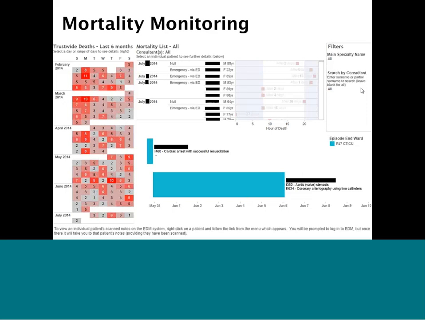And we even have the odd day where nobody dies. But this allows my deputy medical director to be able to select and really drill into that. So on the left-hand side, you've got that heat map which shows the numbers. If you were to click on one or more, you can multi-select on that. You will get a filtered view in the top middle of the screen there of the individual patients who died,